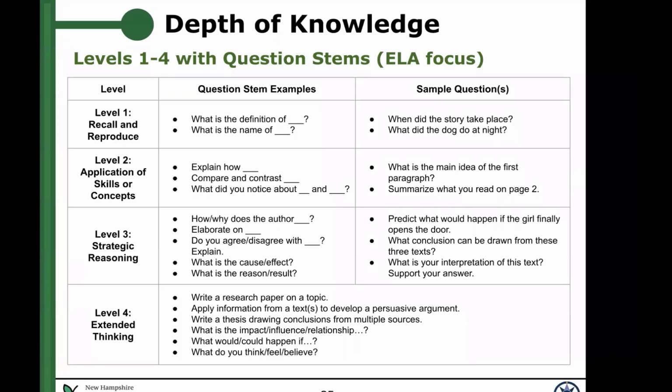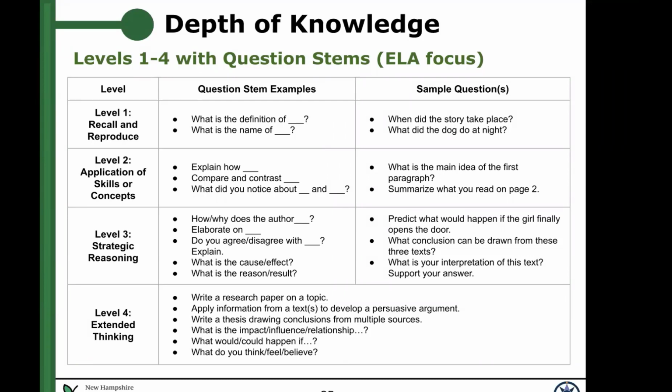This might look like using context clues to identify the meaning of an unfamiliar word, predicting outcomes, identifying and summarizing major events in a story. Level 3 is going to have a deeper knowledge and understanding that becomes the focus at level 3, where students are encouraged to go beyond what's spelled out in the text. Kids might be asked to explain or connect ideas, and they'll likely need to support that thinking using evidence-based understanding.